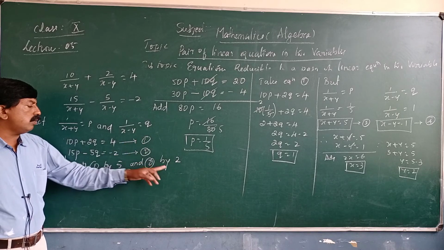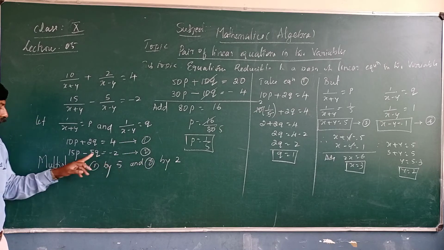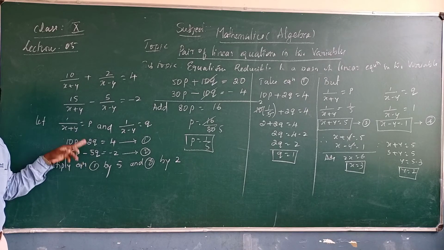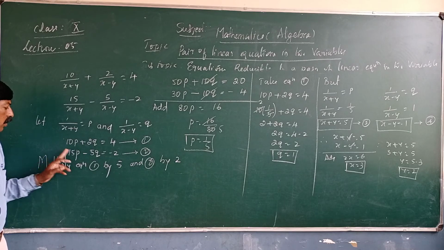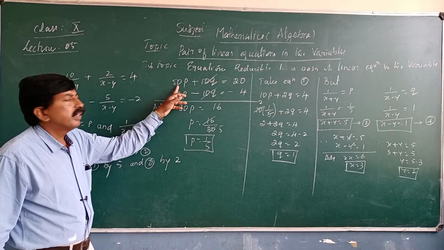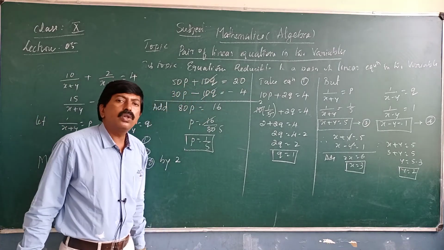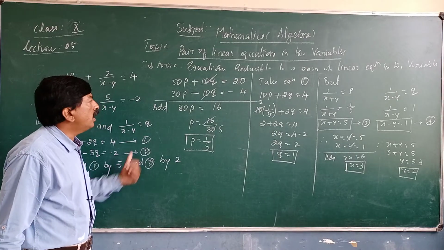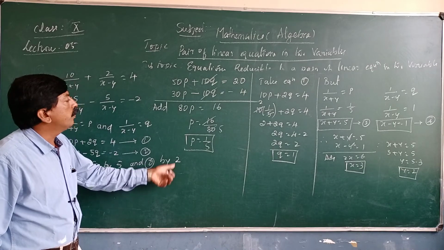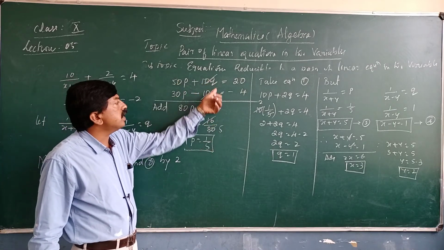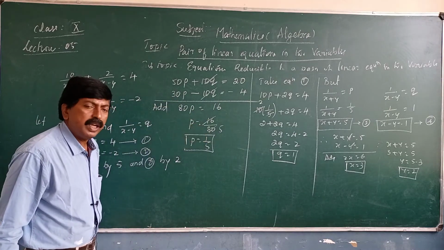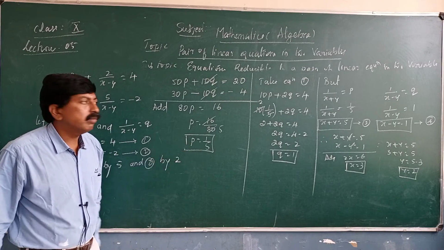Under that case, you can make it as equal. So for that, equation 1 is multiplied by 5 because numerical coefficient of q is 5 in the second equation. So just opposite numbers you can multiply. The second equation is multiplied by 2. We got first equation 50p plus 10q is equal to 20 after multiplying 5. And the second equation 30p minus 10q is equal to minus 4 after multiplying 2. Now add these two. Plus 10q cancel with minus 10q. 80p is equal to 16. P is equal to 16 by 80. Therefore p is equal to 1 by 5.